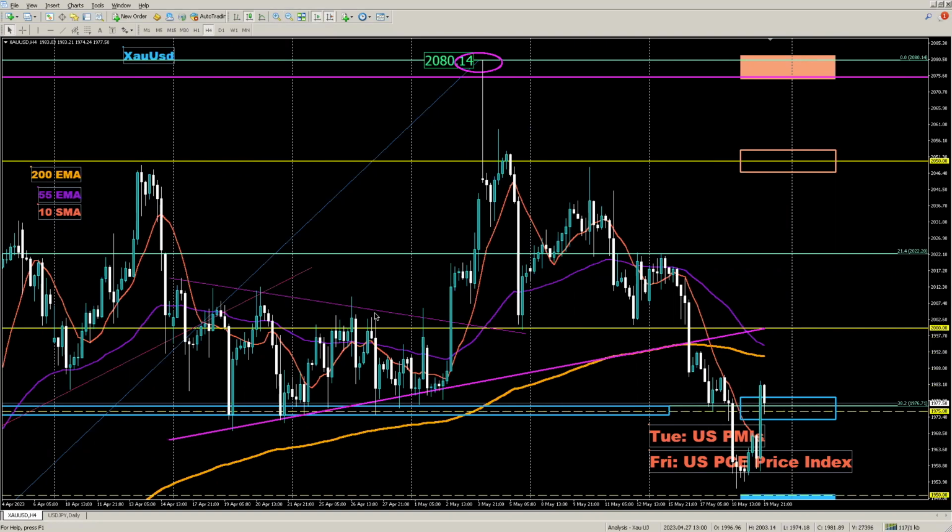With multiple support from the 2000 until a couple of weeks ago, it tested it once towards the end of the first week of May, and then the previous week, second round, before finally giving up. And the third time, it punched through the 2000 level